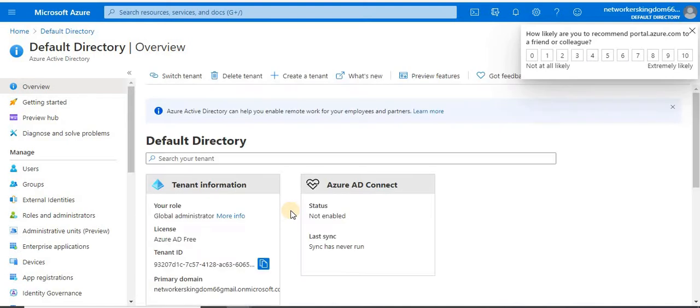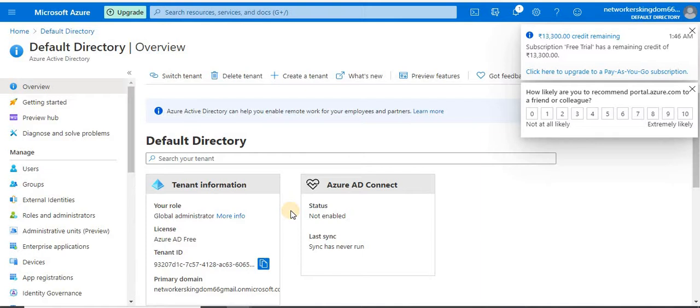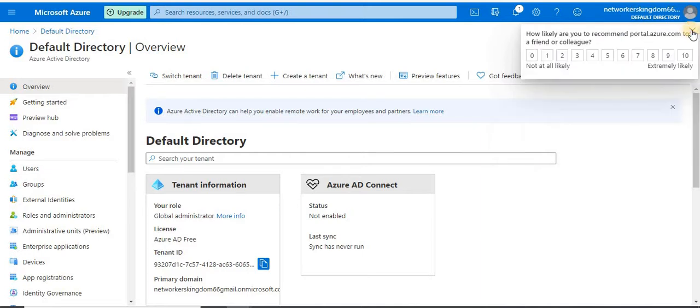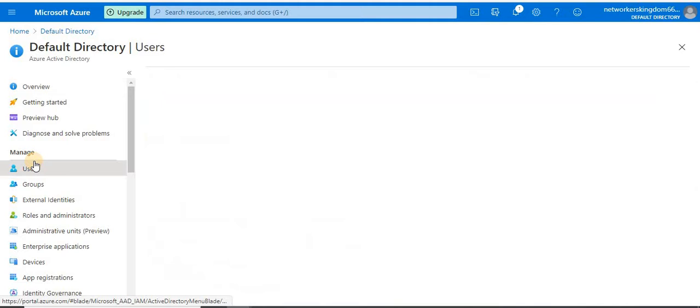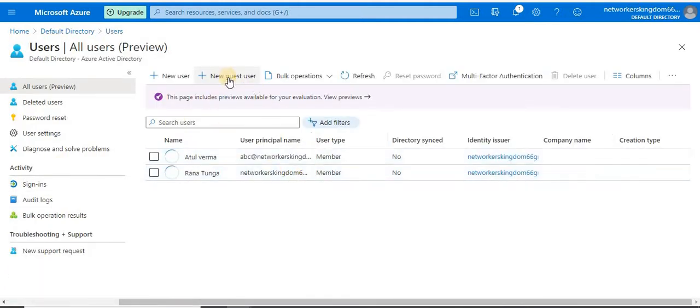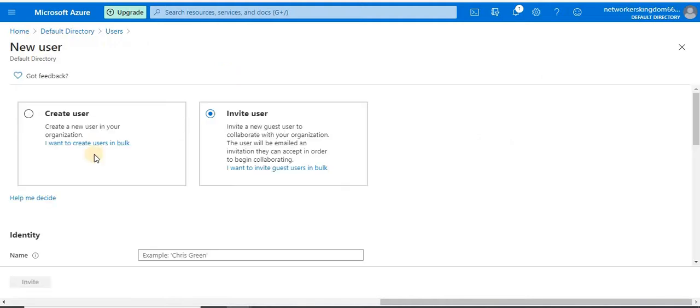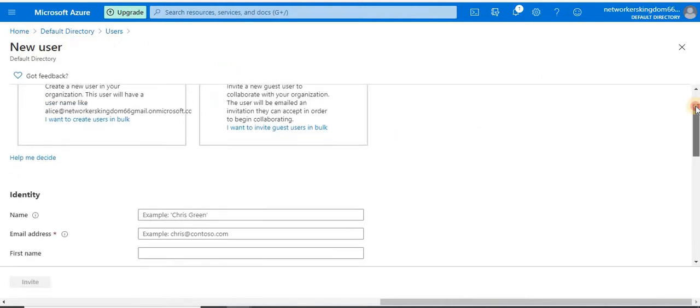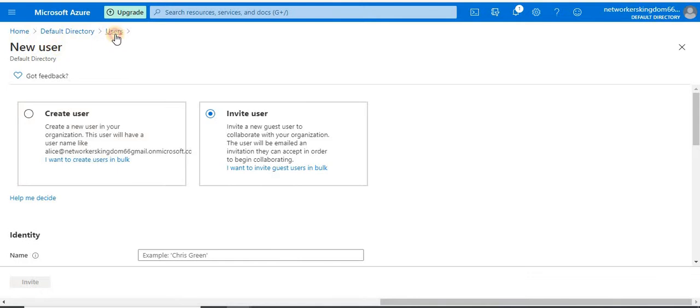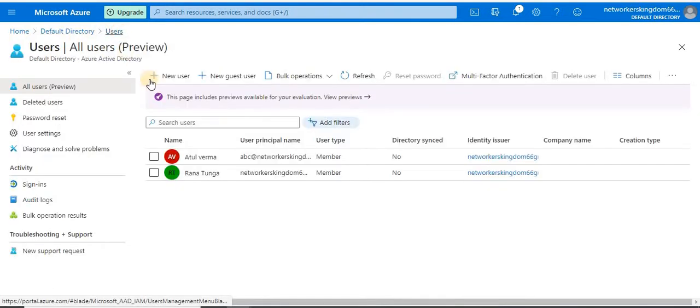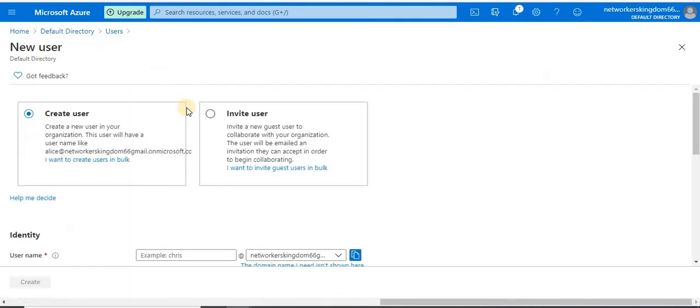So suppose if you do not want to create that user in your Active Directory and you want to invite someone. Okay, so how you can invite? Let me show you. See, there is one option, new guest user. Let's click on it. So there are basically two options. When you click here, it will directly land you in invite user section, or you can click new user and just click on invite.